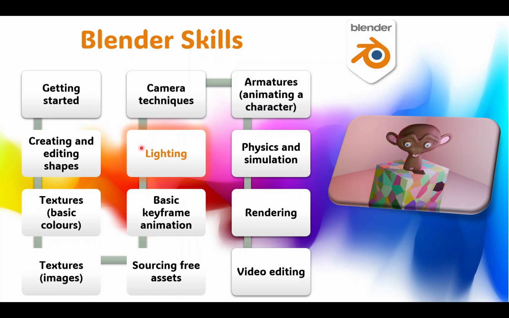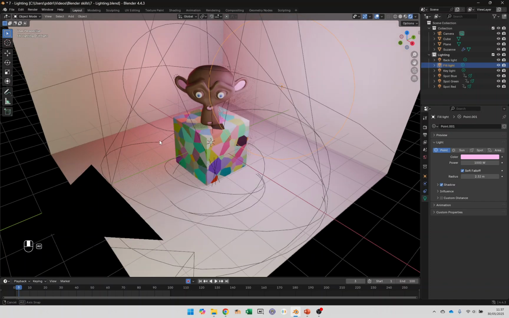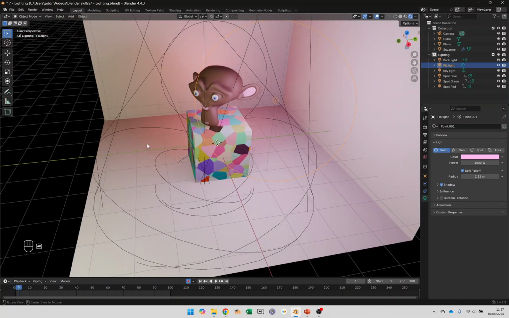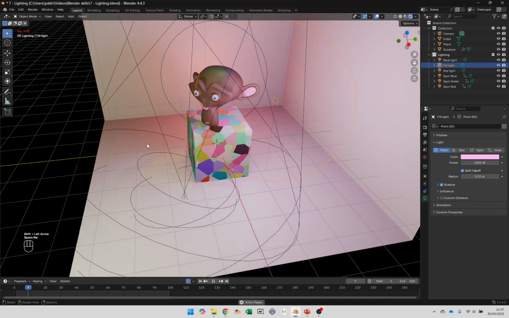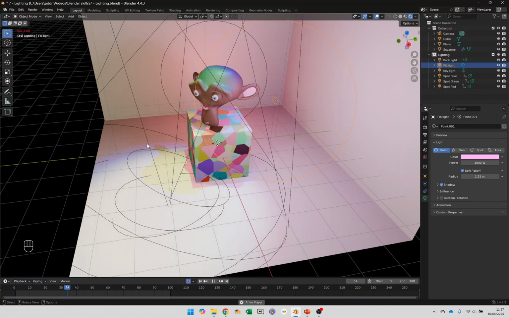This video is about 3-point lighting and how you can animate the properties of lighting in your scenes in Blender. So by the end of this video you'll have created this scene with a monkey on a weird pedestal with some animated lighting, and talked through how to create 3-point lighting to create a sense of depth and perspective